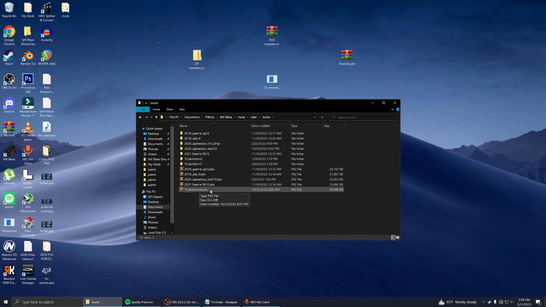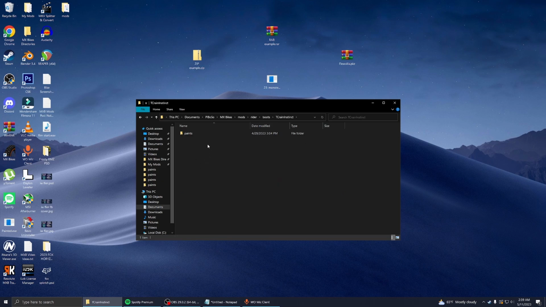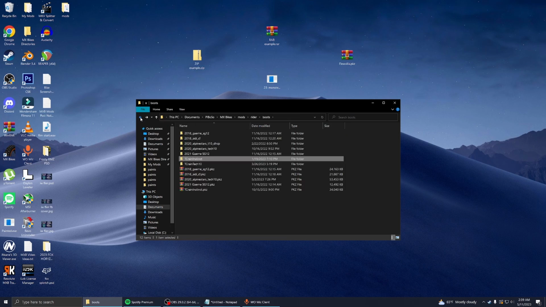There has to be the PKZ, and then you have to make a folder if there isn't one already that has the exact same name so that this boot can communicate with this folder. Inside here, you get a paints folder, and this is where the paints for this particular boot model would go.